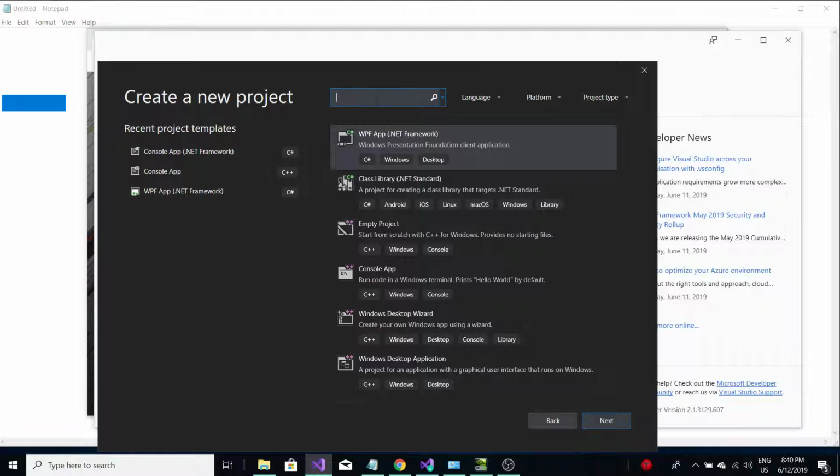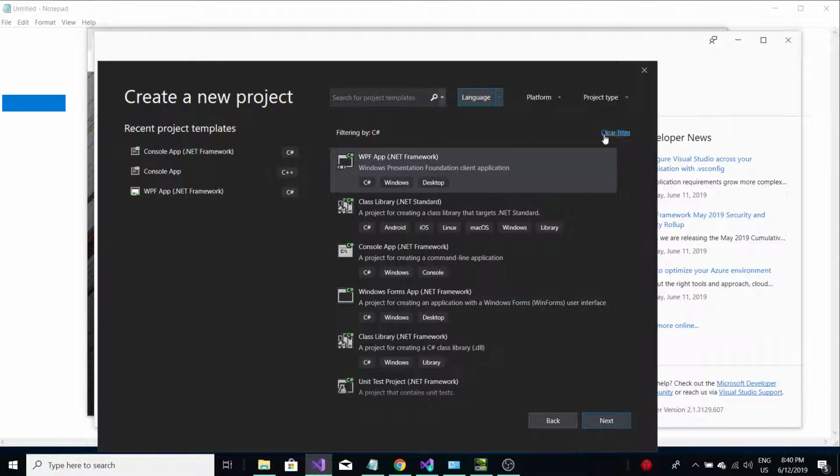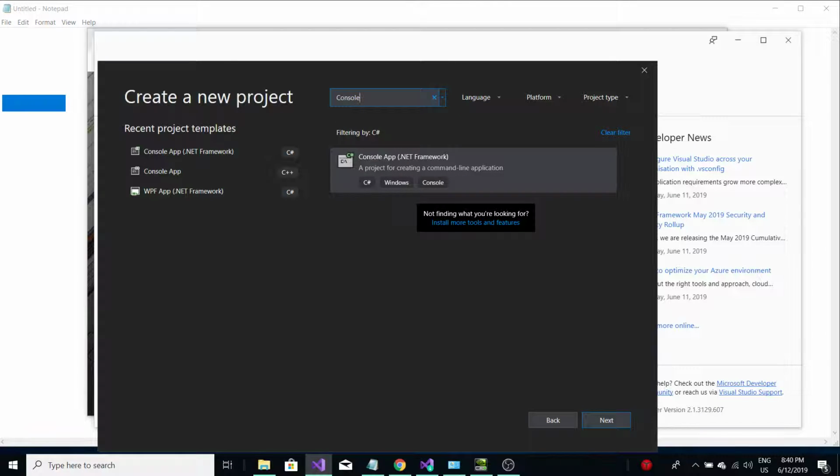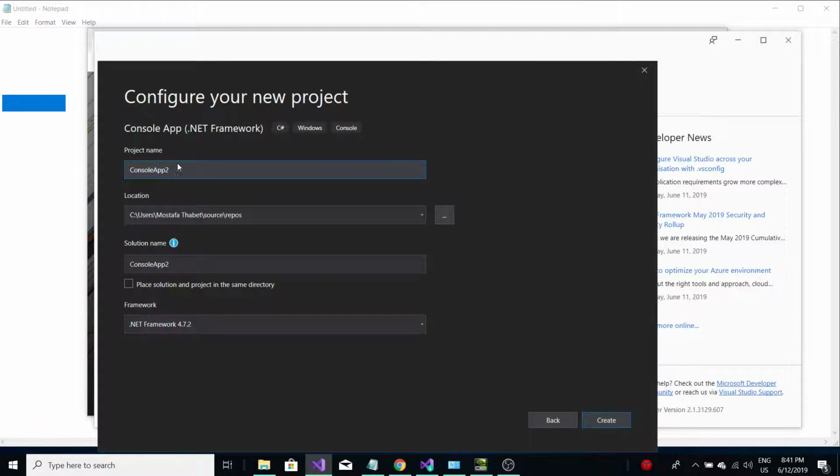We're gonna change the language to C# only. We're gonna get the WPF app .NET framework. We're gonna look for the console. Okay, and we're gonna create the console app .NET framework. We're gonna press create on it. Next, we're gonna name it